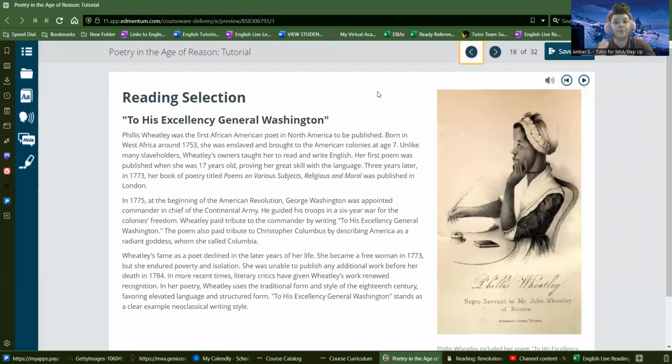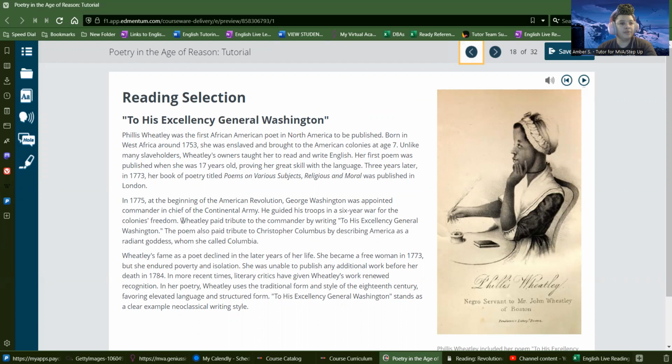So now that we're familiar with those concepts, we're going into His Excellency General Washington. So they give you a little bit of information about Phillis Wheatley on slide 18. Please make sure to read this. It gives you information about her life story and how she came to start writing things, and how things ended for her later on in life. There's also a hint as to information in this poem